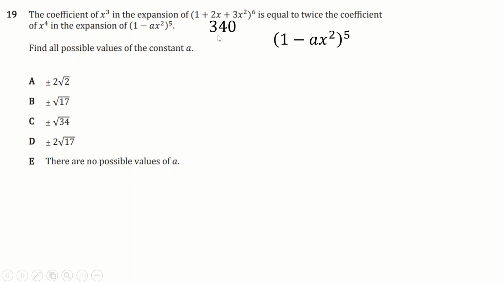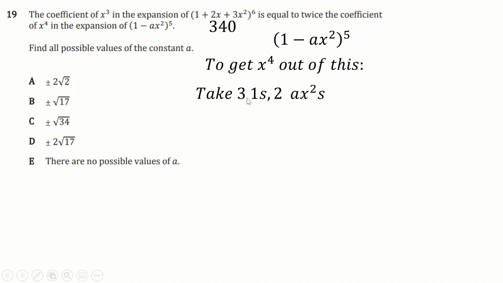Where are we going to get x⁴s? Well, it's just taking 2 of those and 3 of those, right? And of course, the combinations have to add up to 5. So you just take 3 1s and 2 of those. So I'm going to do 5 choose 3,